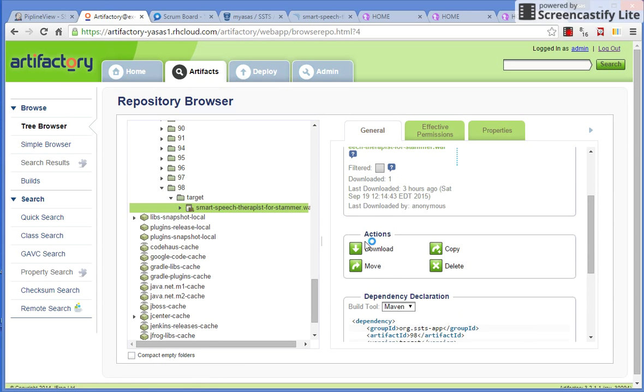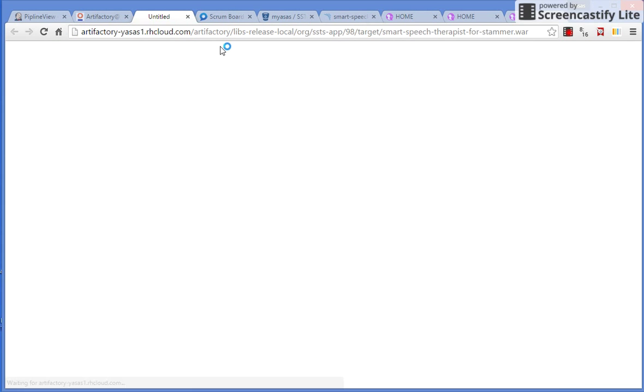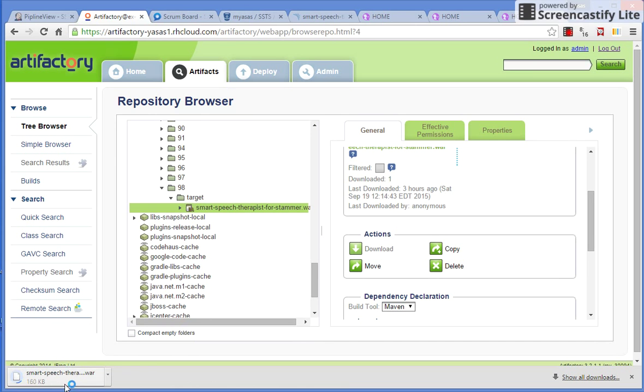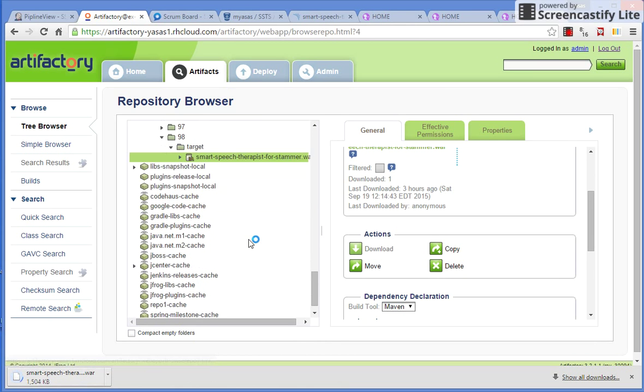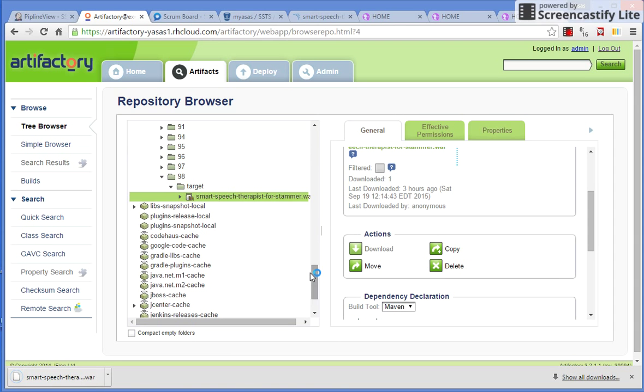Anyone who wants to access my software, the repository file, can download it from here just by clicking here. You can see the file is getting downloaded, and I have mentioned the steps on how to install the WAR file into an Apache Tomcat, JBoss or WildFly server, so they can follow it after